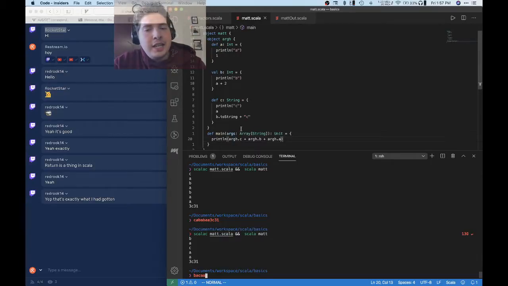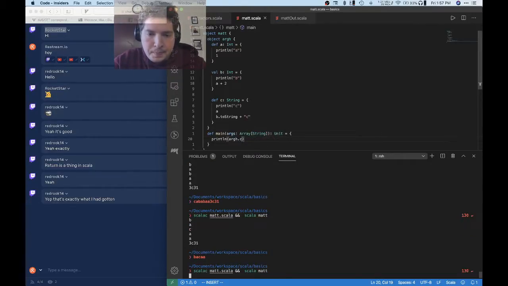So you can actually see here that the return values for all of these are the same. So argh.c, this specific part, returns 3c. But again, when we called b.toString, it didn't print out b, and it didn't print out a. Yet somehow this whole thing ended up returning 3c. So let's just get rid of this and run it again. So if we only print out this,